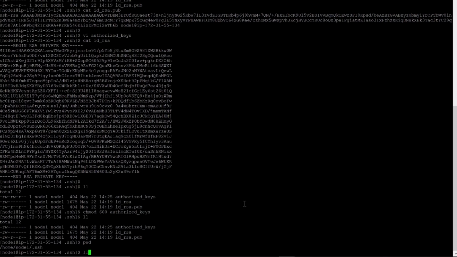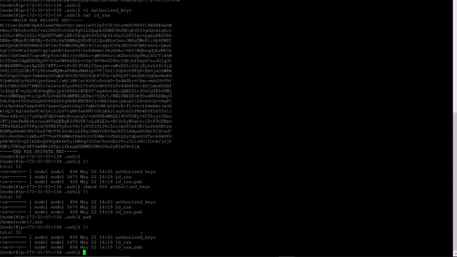Inside that .ssh directory we created the SSH key, public key and private key. We copied our public key into authorized keys, saved it, and changed the permission with chmod 600 on the file. That's why this permission is very important.